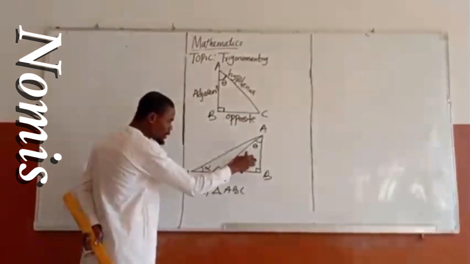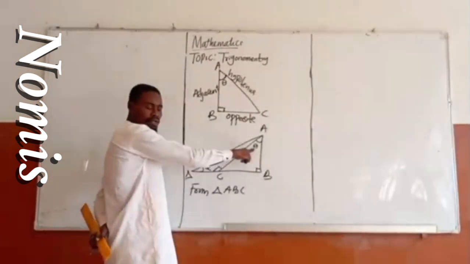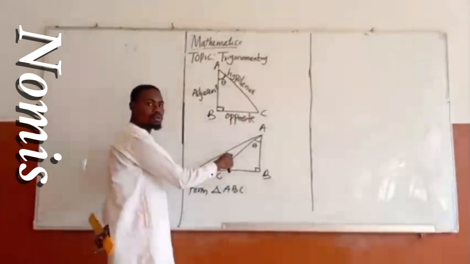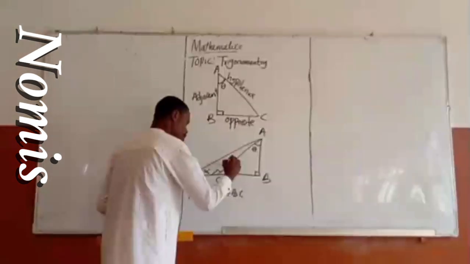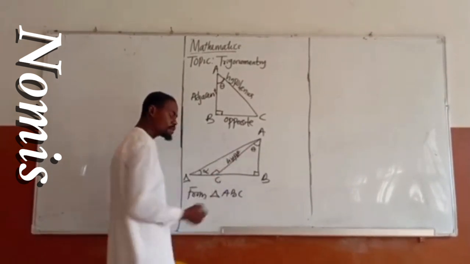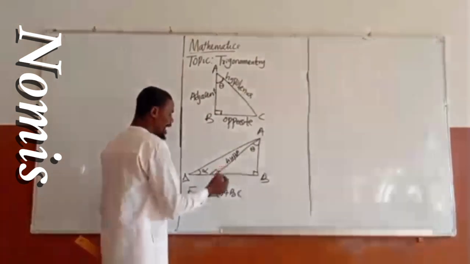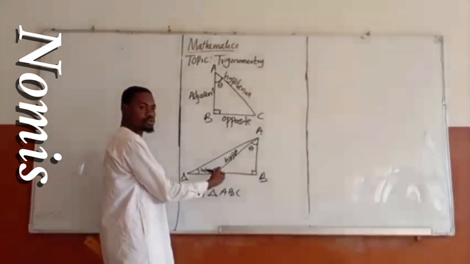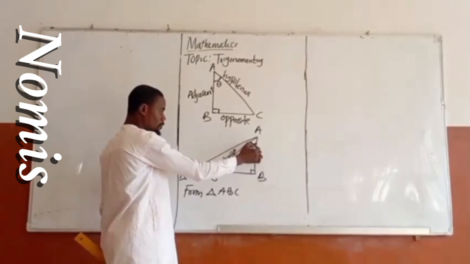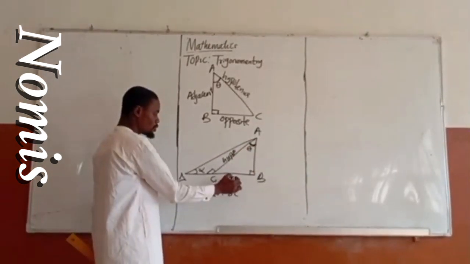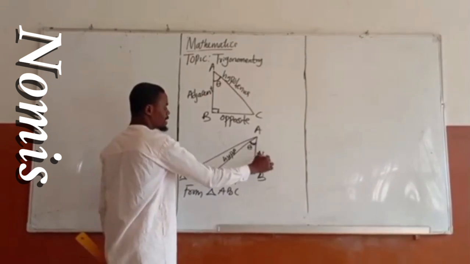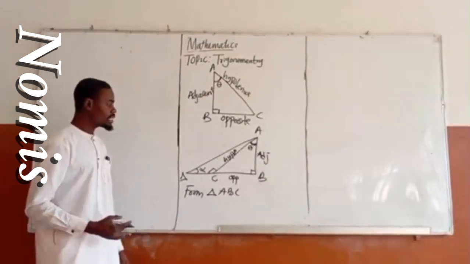Now, in angle ABC, the angle here is theta. But I told you where this angle is facing is now hypotenuse, which means this one is hypotenuse. I can write hyp in short form. Now, I cannot say here is my opposite because there's no angle subtended here. Here, this is the angle in Figure A. Now, where it faces is now opposite. Then if that is the case, here is now adjacent for Figure 1. Then Figure 2,